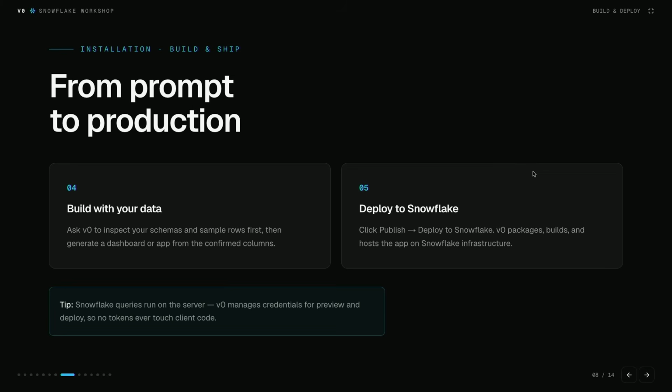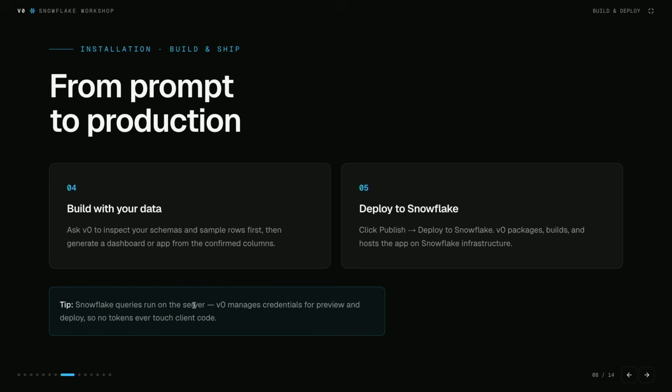So I'm going to show you a demo. I'm going to start with the prompt, and that's the first part. V0 is going to build it with the dashboard using the data. And then the second part, I'm going to deploy it to Snowflake. There is more into that. I'm going to explain it whilst V0 will be cooking. But just a tip, I'm going to say to you that